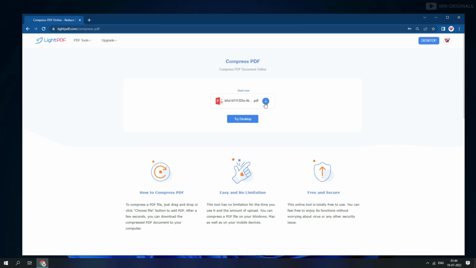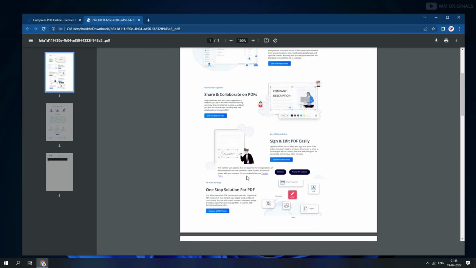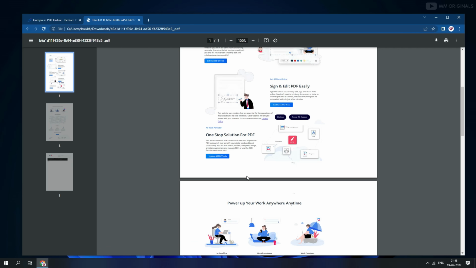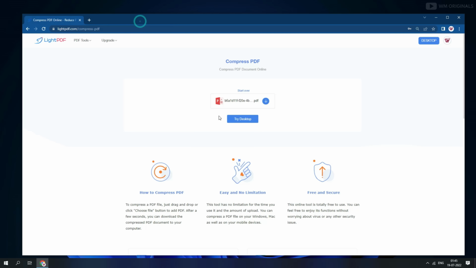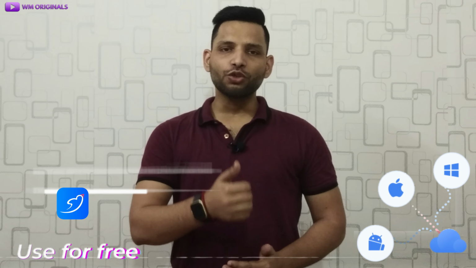Once done, it is available to download. Click on download. Once done, let's first preview it. See, there is no difference in the quality of the PDF. Now let me show you the size of the compressed file. Wow, from a 2+ MB file to just a few KB. Just awesome. This is how easily you can compress PDF file size on mobile, laptop or online using Lite